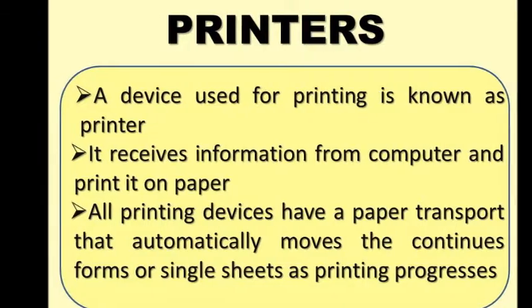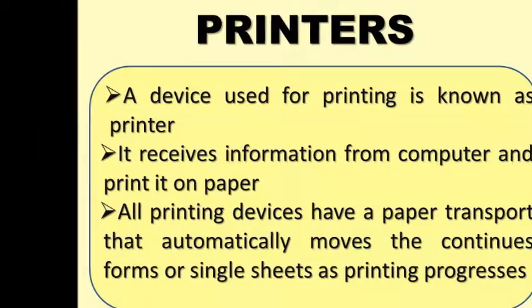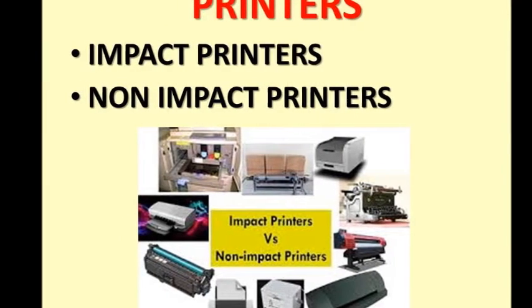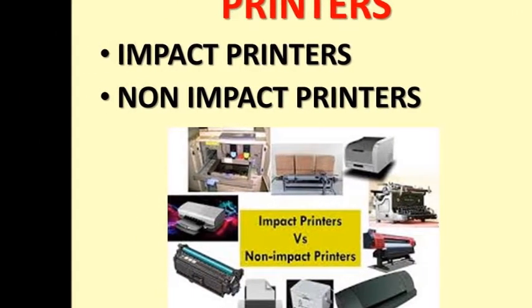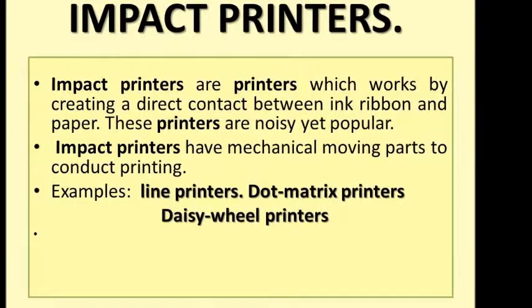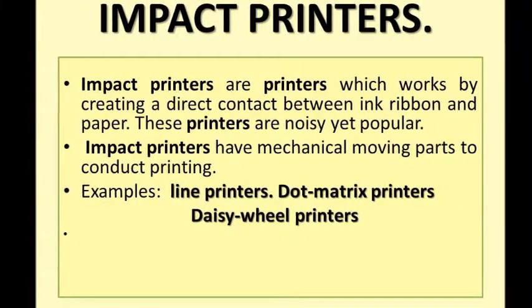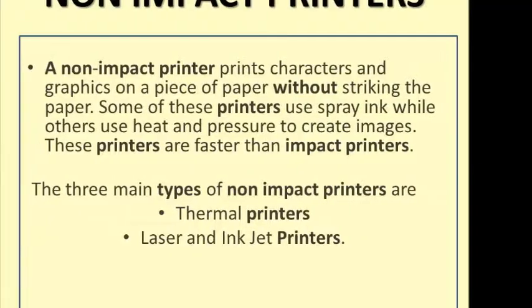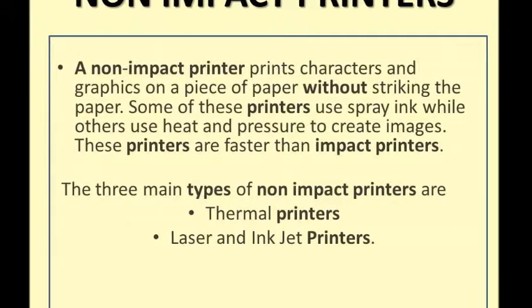They are classified into two main categories depending upon the type of print mechanism. There are basically two types of printers: impact printers and non-impact printers. Further, impact printers have three types: dot matrix, daisy wheel and line printers, and non-impact printers have electrostatic printers, electrothermal printers, inkjet and laser.